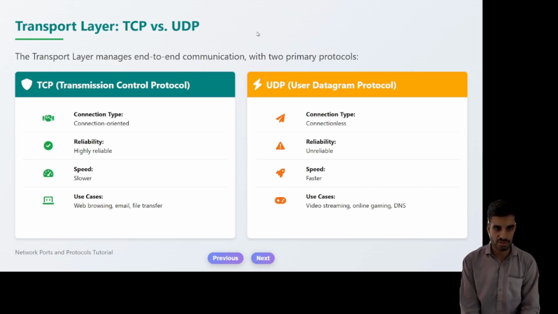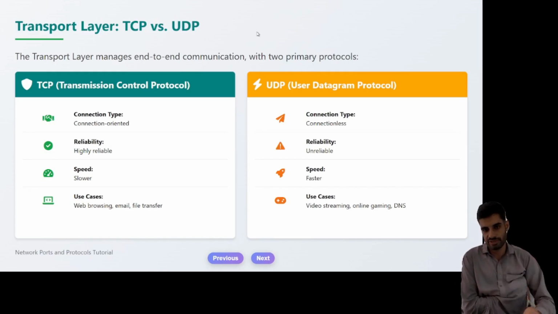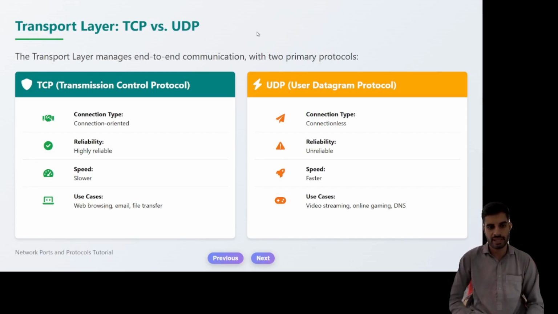So it's connection oriented. What that means is it needs a dedicated connection with the server to transfer the packets on the network. So it's highly reliable, its reliability is very good, like we receive our packets at the end. Its speed is a bit slower because it needs a dedicated link, and also we use it in web browsing, email, and